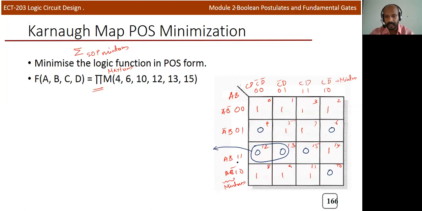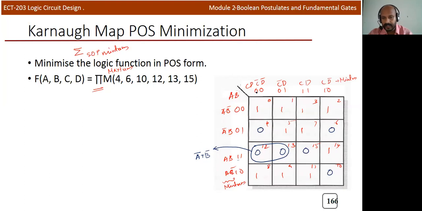So if you look at this particular expression 1 1, if you consider this group, this row is common for both 12 and 13 max terms. So we need to write a common term. It's actually 1 1, but we need to write it in the POS form. So we'll write A bar plus B bar. Here the row is actually A B, but in the case of POS, we will write the complement of that. And 1 1 is represented as A bar plus B bar. So this is the max term representation.